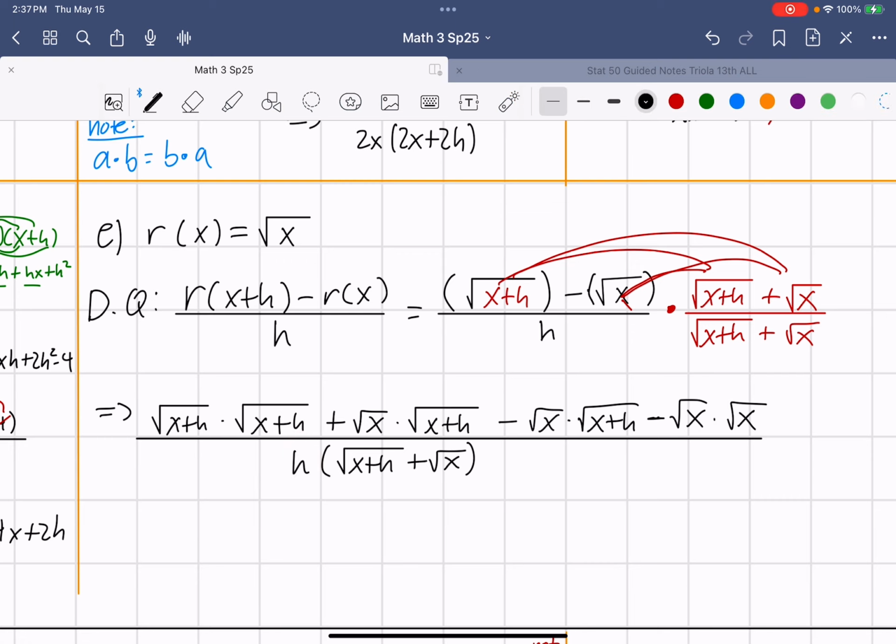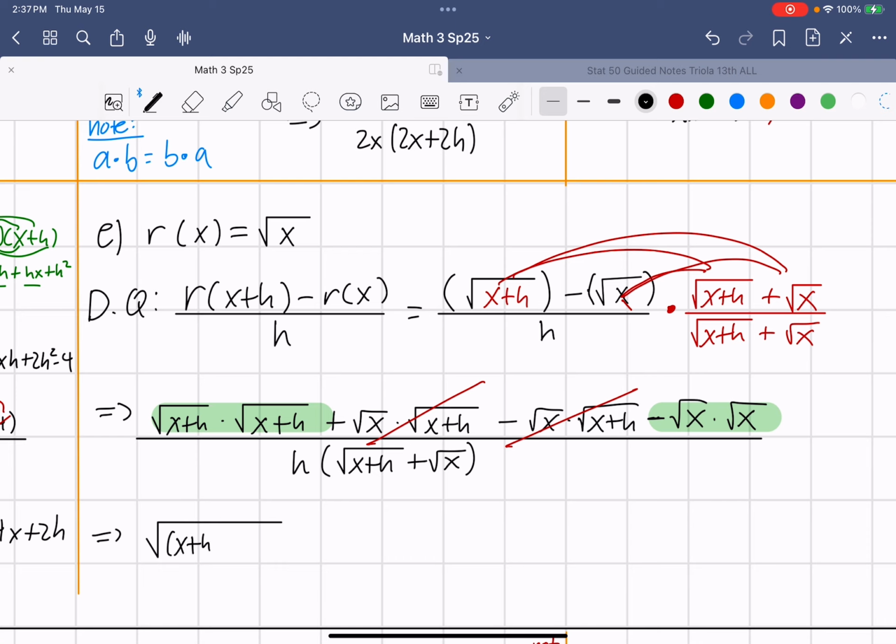And luckily, once again, this appears all the time. This is A, this is B, this is A and B. They're exactly the same, right? Hence, they are going to cancel. And these, at first glance, well, how do I simplify them? Well, again, the rule comes again. They both have the same index and the exact same radicand. So when you put them together, and you don't need to do this all the time, but this is just for the sake of this example,